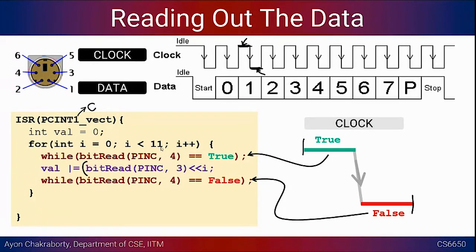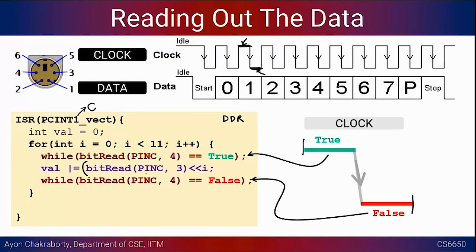So we had the PORTC register and the PINC register. The PORTC register was basically meant for putting output data, whereas the PINC register is meant for reading input data. And this is determined by the DDR register, the data direction register, if you remember. The DDR register determines whether a particular port is configured as an input port or an output port. So this is configured as an input port. We are trying to read the value in the microcontroller, which is coming from the external world.